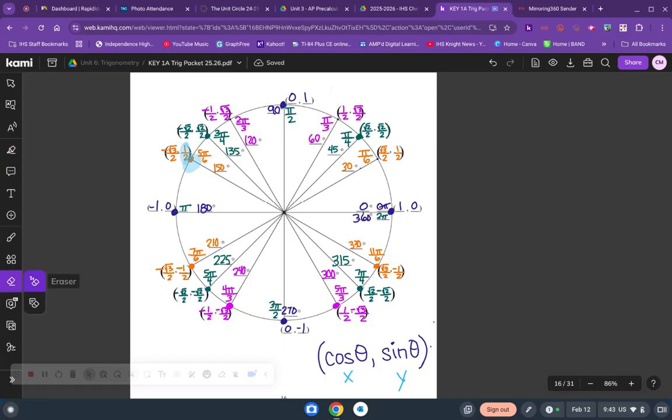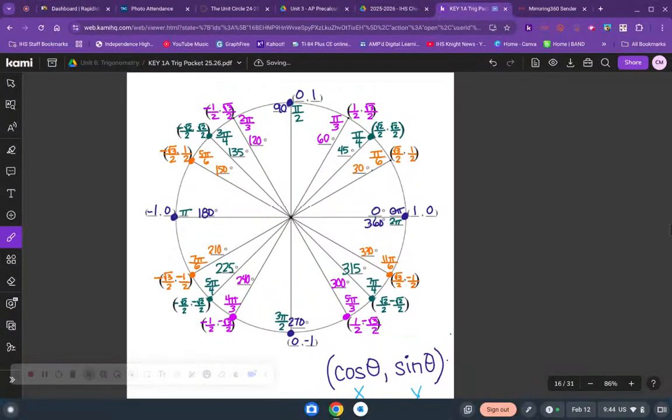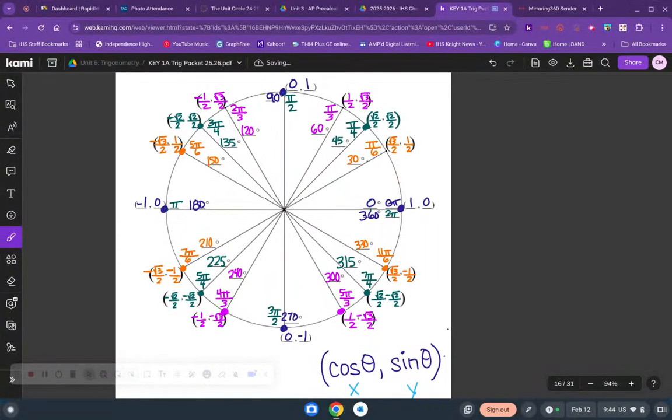Okay, so that kind of gets us started with how we'll use the unit circle, and that's a ton of information to dump on us all at once, but there we have it. That's our unit circle. That's what's filled in. You will have to be able to replicate this exact page for your next assessment. The entire grade is nothing but you filling in all of these blanks on the unit circle. Okay, how do I